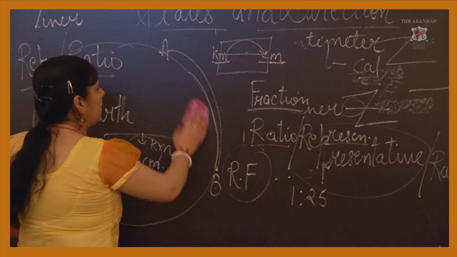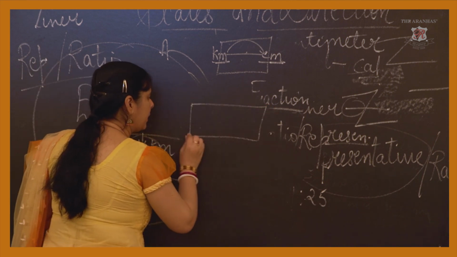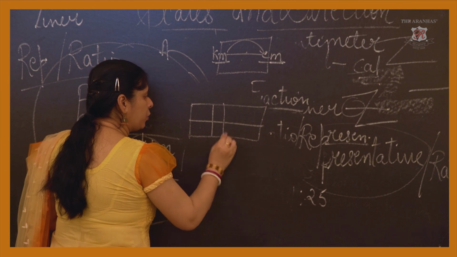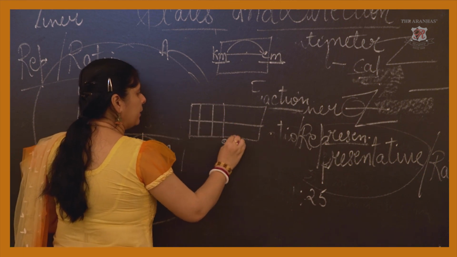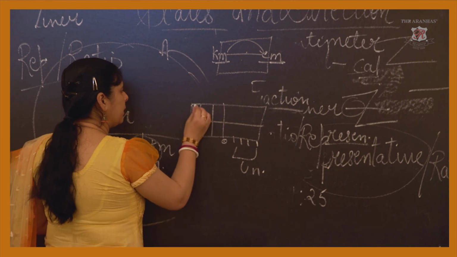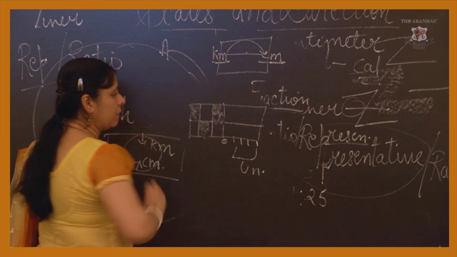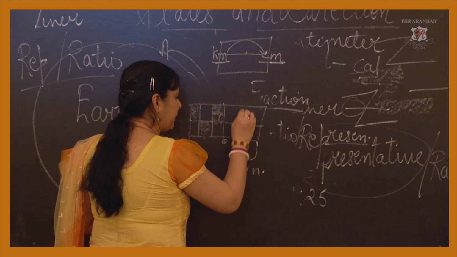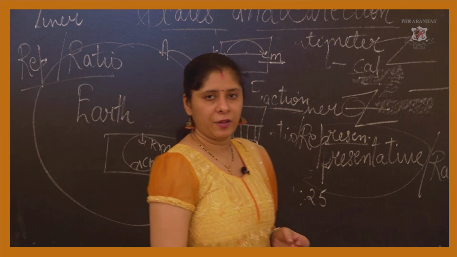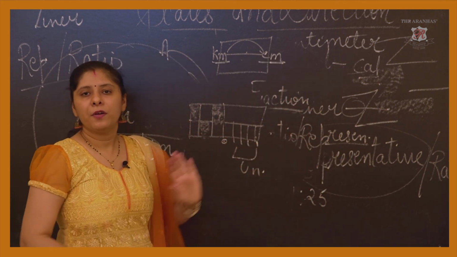The linear scale is drawn with the help of a measurement divided into halves. 0 is the neutral point, and we divide from it. We take a unit, these are the units we can take, and here we do the shading, clear? These are divided accordingly. So the entire thing has been discussed here, and the most important thing is the representative fraction.